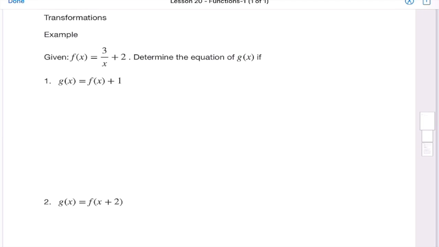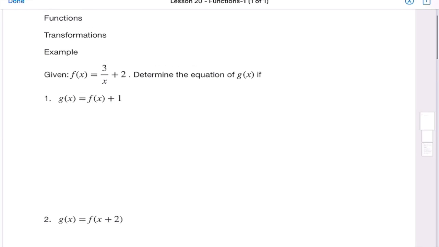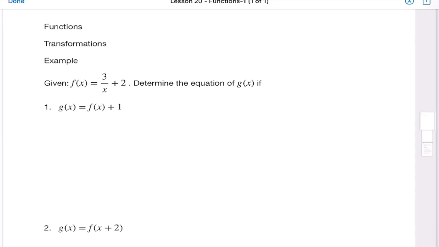There are three main transformations that we will be using here with our functions. We have shifts, reflections, and stretches. Shifts are also called translations. We normally shift vertically or horizontally, and Q is associated with the vertical shifts, whereas P is associated with the